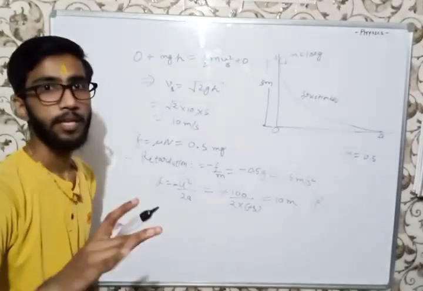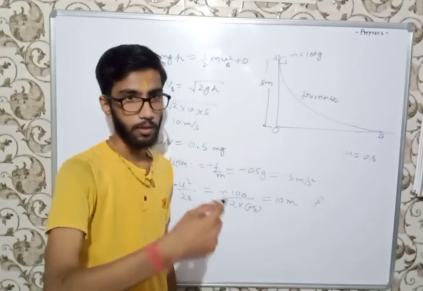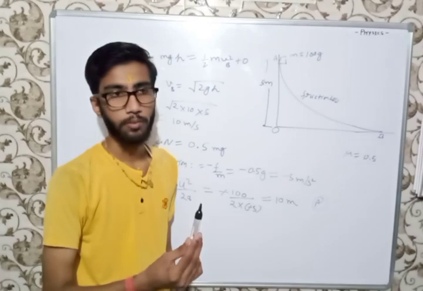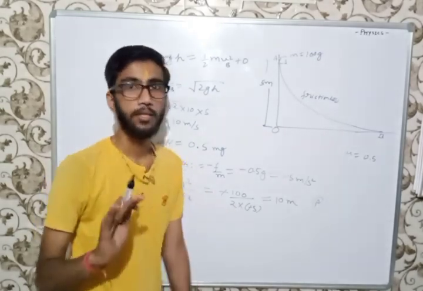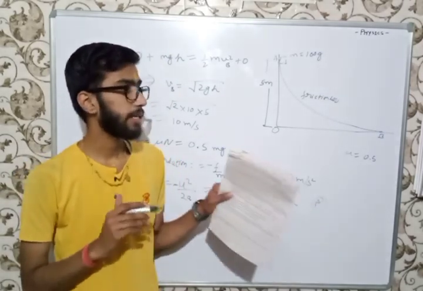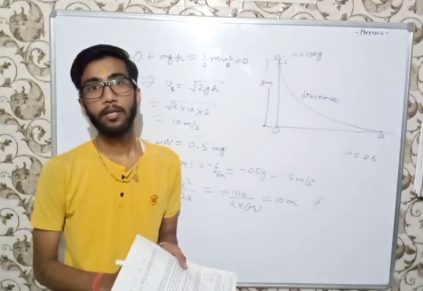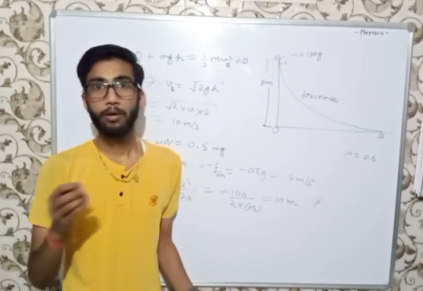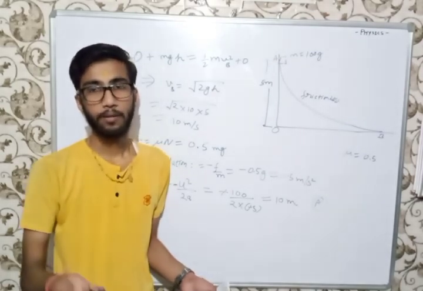Always remember, whenever there is a problem like this, a block falls and the path is not straight, there is a random path. It may be zigzag motion, spiral, helical, or any kind of path. Just use conservation of energy. But you should remember that conservation of mechanical energy is applicable for conservative forces. If any non-conservative force is there, you have to take that into account as well, and add some terms that involve the work.